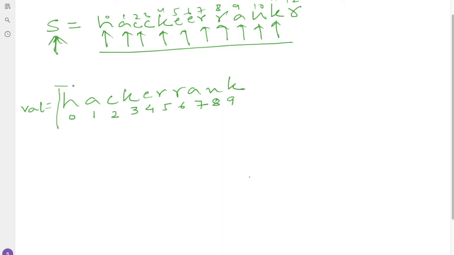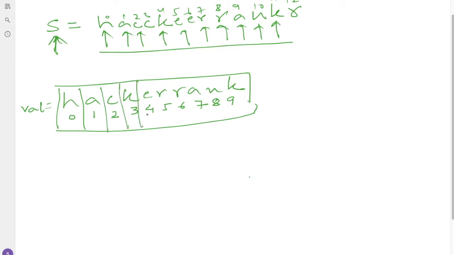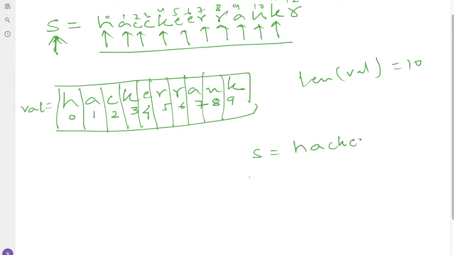So these are the indices of HackerRank, and the length of val is 10. Now suppose someone has given a string, H S C K E R R A N. Suppose someone has given only this much.